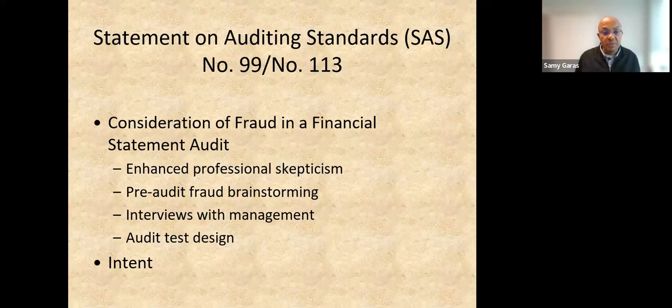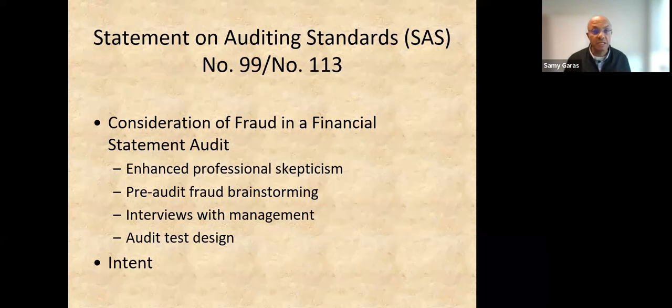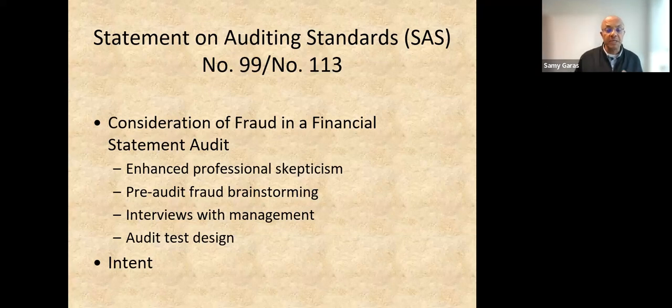The second thing that the auditor has to keep in mind in compliance with SAS 99, that the auditor has to meet with the audit team before they run the audit, which we call pre-audit fraud brainstorming. Usually the audit team, before they do any auditing work, they meet together to see where are the risky areas that they might face during the audit and what they should do if they find high risk in certain areas. Then the audit team will talk to the management, ask questions from the management, and this falls under the interviews with management. And finally, the auditor will design a test. So test designed to see if there is any fraud happening or not.